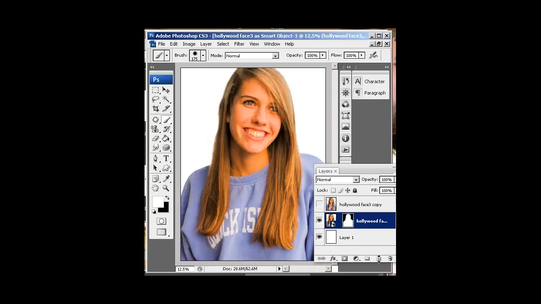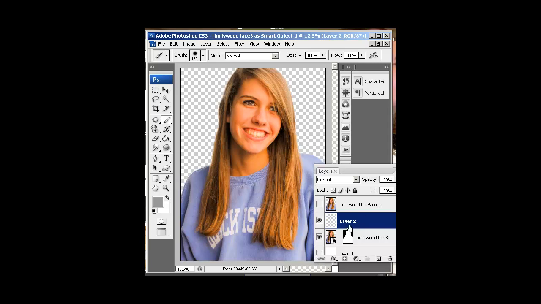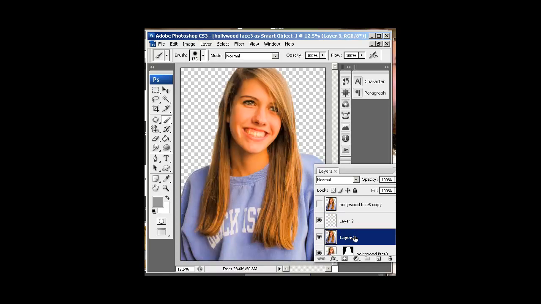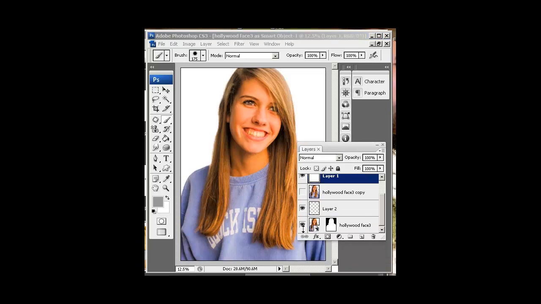Last step is to make a blank layer and make sure just the blank layer and the mask layer are selected. Alt key, layer, merge visible, and now I have a base layer with my white. I can hide everything except for the white and